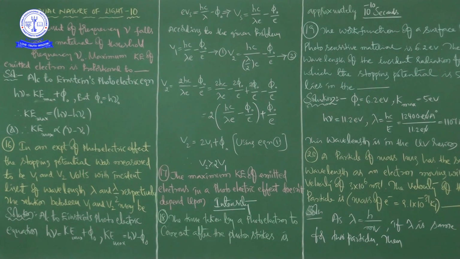Then what is meant by stopping potential? When we are doing the photoelectric experiment, there is a cathode and an anode. Otherwise, instead of these two, we can call them the emitter plate and the collector plate. The invisible form of energy, light, is incident on the emitter plate. I am not sure that when light is incident on the emitter plate, electrons will immediately come, because there should be some wavelength, some frequency, and some energy.